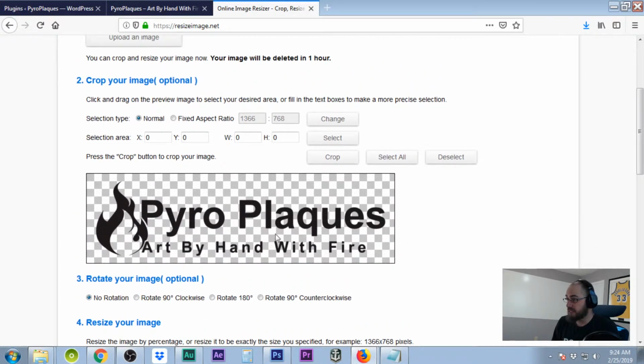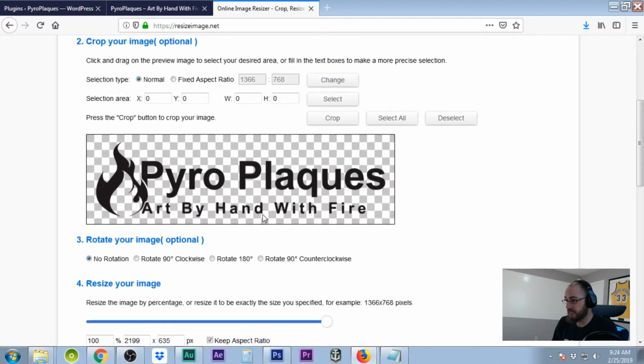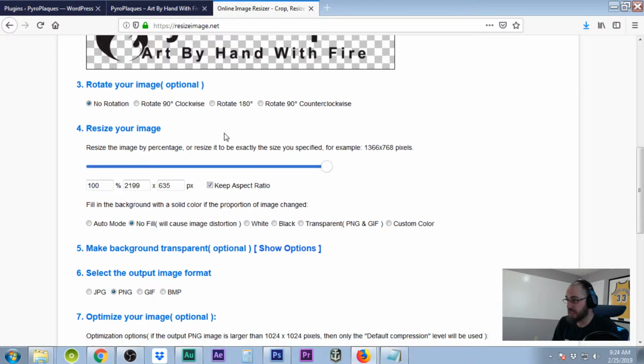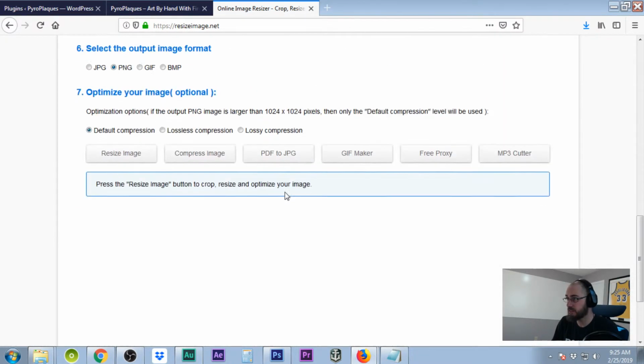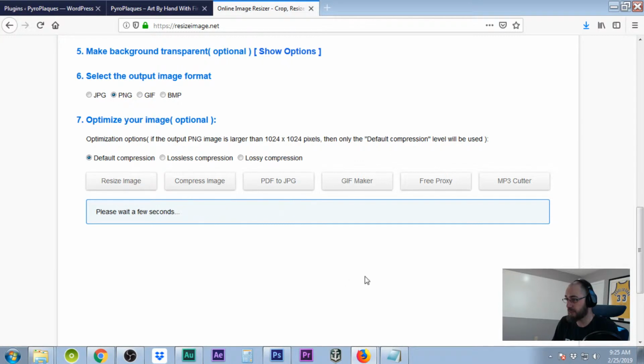All right, now you see the logo. What you need to do is basically come down to resize your image, and then type in 640. As long as you have keep aspect ratio fixed, it's not going to make it look all stretched or anything. So now that we have that one, we're going to come down here and click on Resize Image